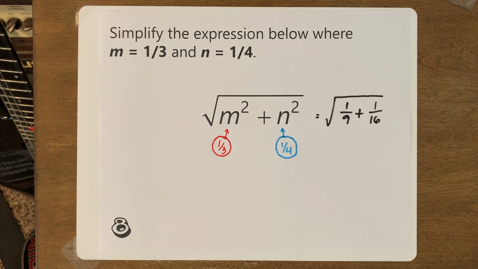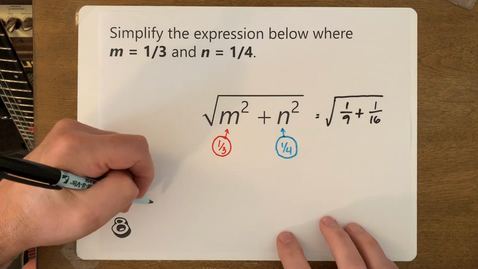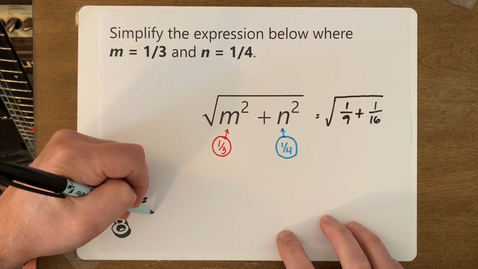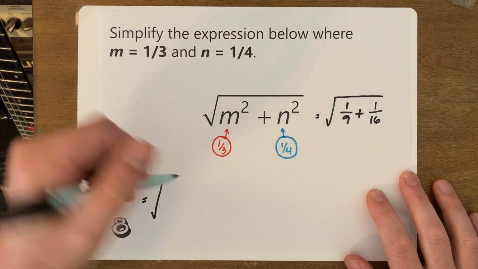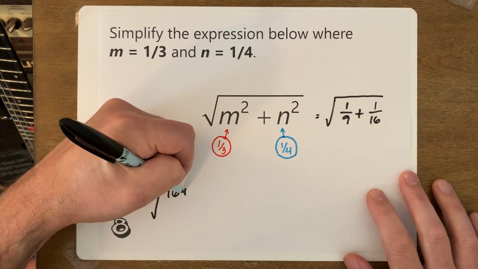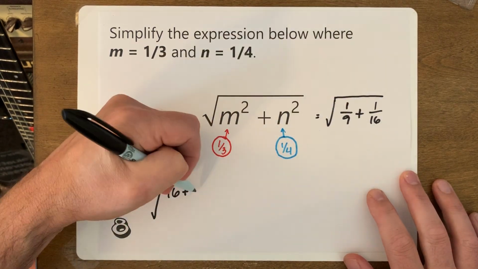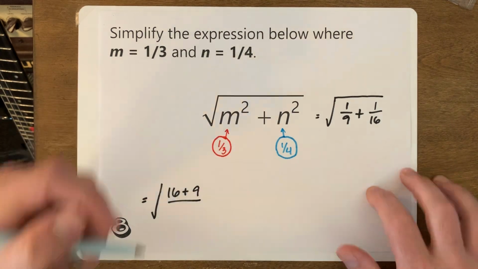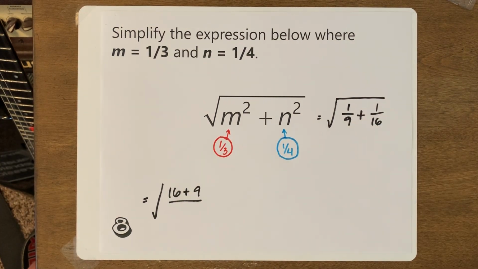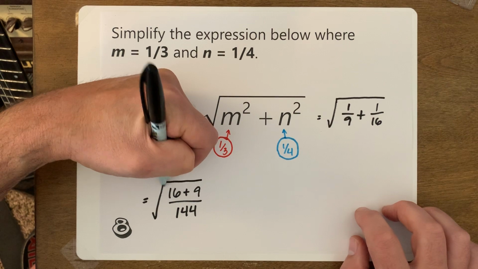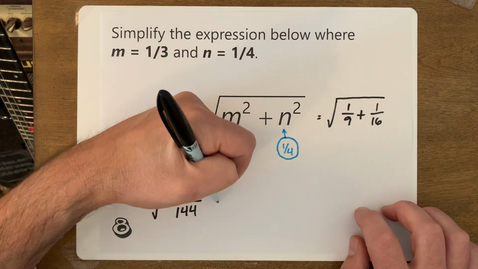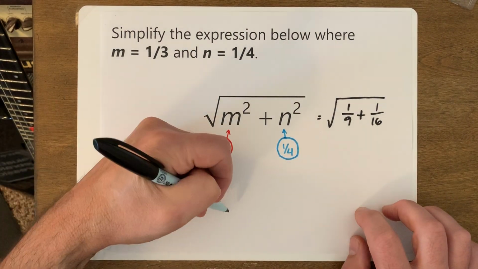All right, so now how do we simplify this? Let's go back to our butterfly method. That seems to be the easiest. To use the butterfly method, we do 16 times 1 plus 9 times 1 over 16 times 9. So what's 16 times 9? And that's going to be 144, right? And we will take a look at this guy. 16 plus 9 is 25